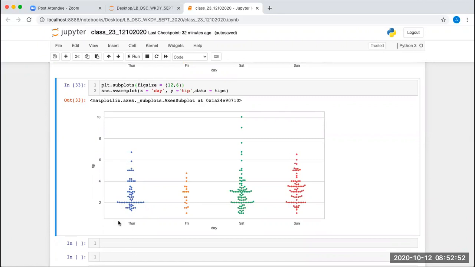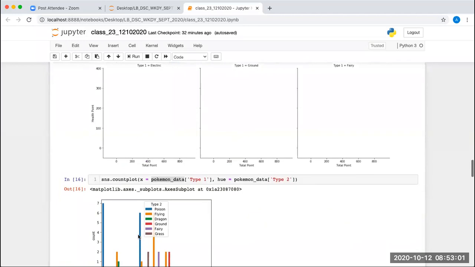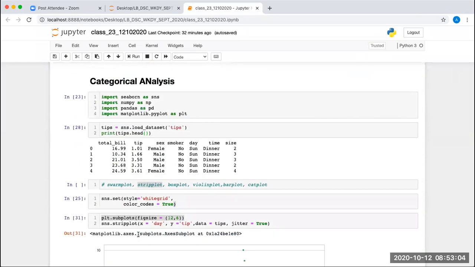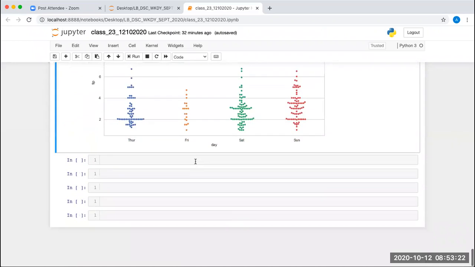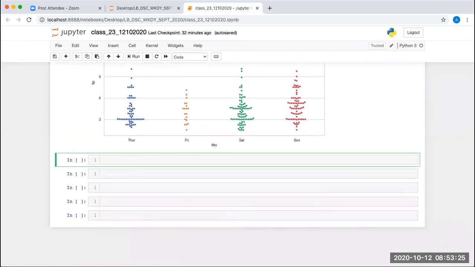Let's say on Thursday, how many people are coming? If you want to get the count, then you can use the count plot here. For that, where is the data? If I do it this way, we can say tips of day dot value_counts.